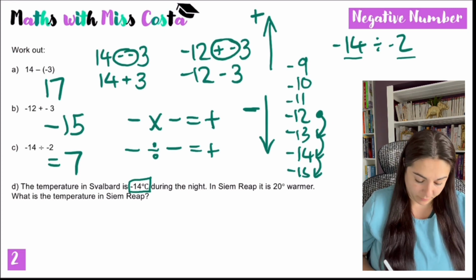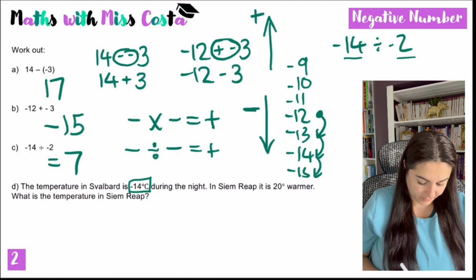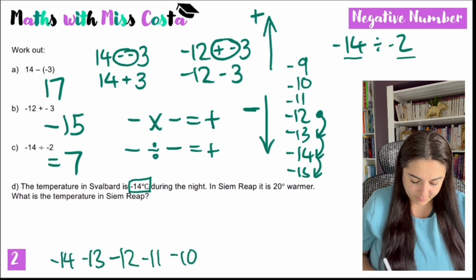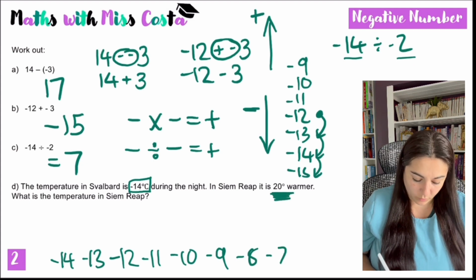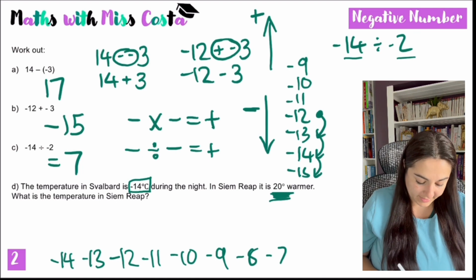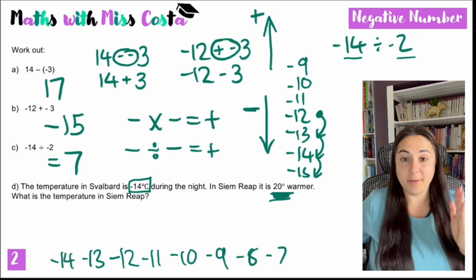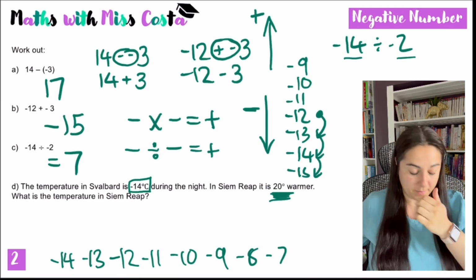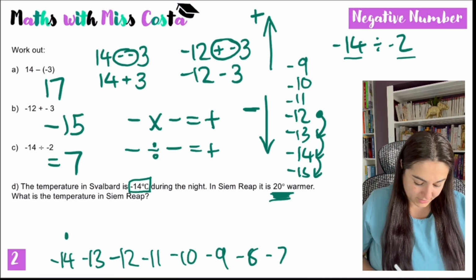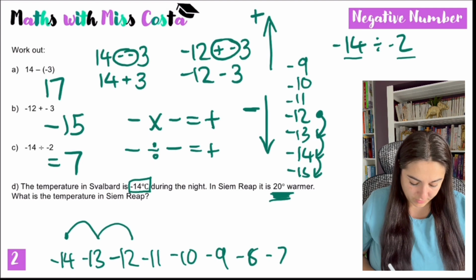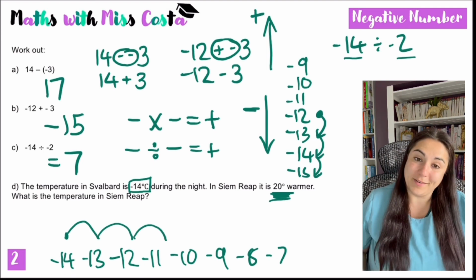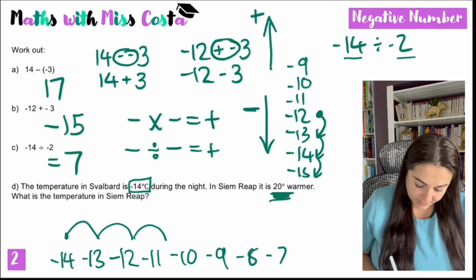Now, the temperature in Svalbard is -14 degrees during the night, and Siem Reap is 20 degrees warmer. What is the temperature in Siem Reap? So once again, you've got your number line, and I'm going to just draw it this way now. So it's -14, -13, -12, -11, -10, -9, and so forth. So it is 20 degrees warmer in Siem Reap, which means I'm going to go up the number line. Whenever I'm adding or whenever it's getting warmer, I go up the number line. So I start at -14 and go up 20. So 1, 2, 3. Or if you don't want to draw out the number line for 20 numbers, you just think to yourself, okay, how would I get from